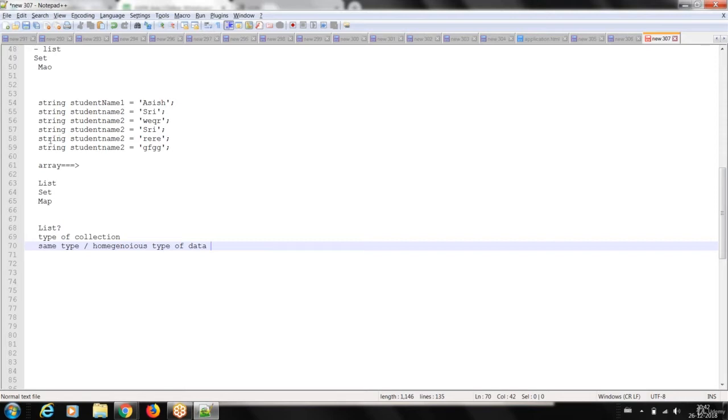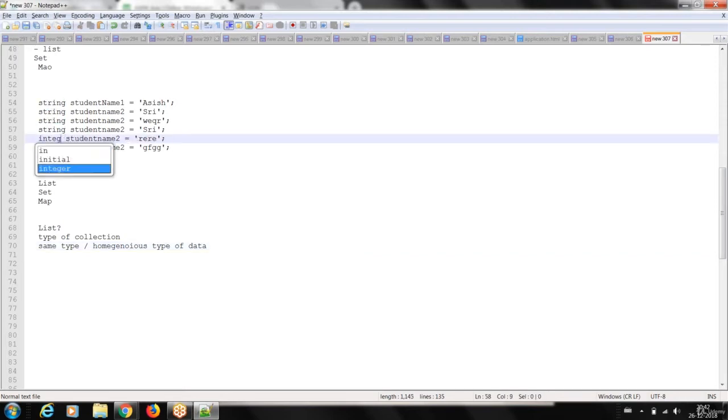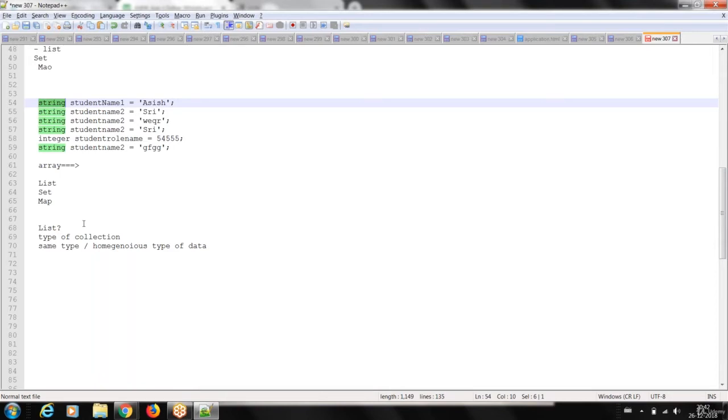With strings I cannot keep one column as integer, like student roll number. Whatever data you want to store, it should be the same type. So same type of homogeneous collection elements can be stored.